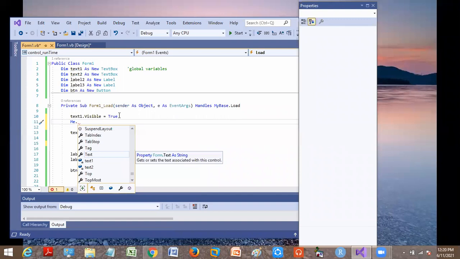Yes. Which control am I mentioning when I say me? Basic form 1 only, ma'am. Basic control, that is nothing but a form 1. So me dot